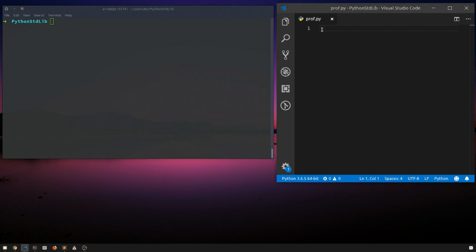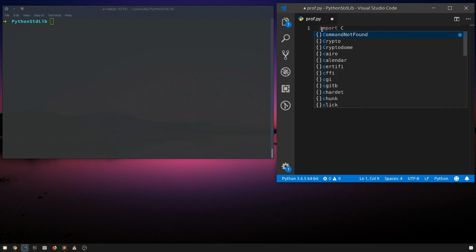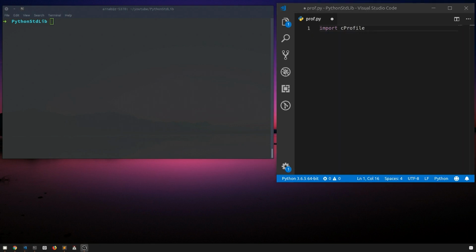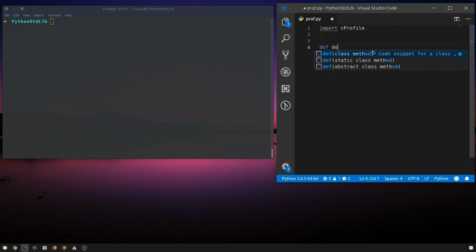So we'll start by importing cProfile. Done. So let's just create a dummy function to get to know how it works. It's actually very simple, so it's not as difficult as you might think that in order to optimize code you have to learn so many things. Just create a function, def do_something,